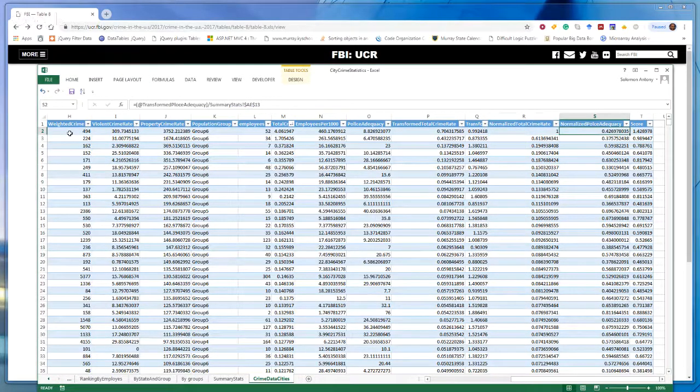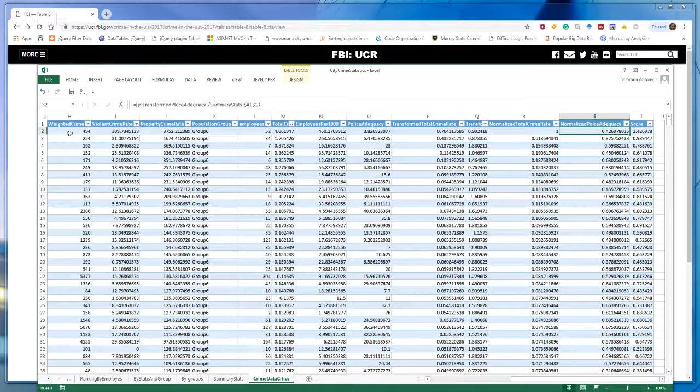And similarly, I also calculated something called police adequacy, which essentially we define as number of crimes divided by number of employees in the police department. So the smaller the number, we could say maybe safer the city is. I'm not too sure about that, but that's what we did.